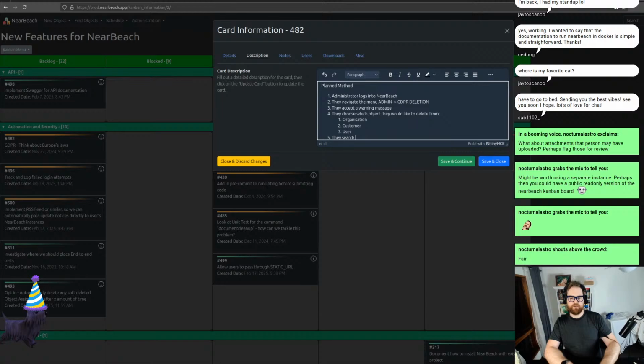They search for that object, and then run the scan. The scan might take a little while. The scan will do the following for each object. Organizations will look at every object connected to that organization